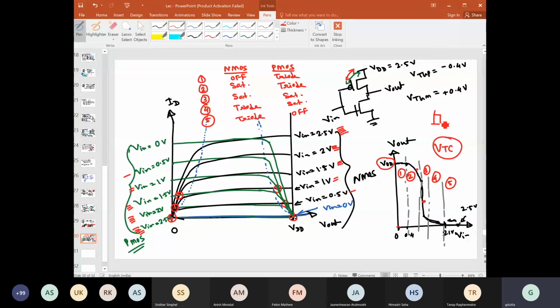I request you to please look into this thing, from Kang's book as well as Razavi's book, and see the basic derivations of how to find all this stuff. Again, these are similar things and a type of repetition, because no new fundamentals are here. If you have understood this plot, and in which region which transistor is operating in which mode, then you should be able to find any point on this. Please look into this, and we'll start our discussion in the next class from here onwards.